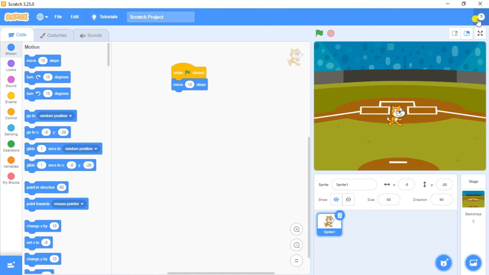So this is block help. Selecting this block help button will change the mouse pointer into a question mark. Click on any block in the block palette with the question mark. A pop-up window appears that shows quick tips for that specific block. We can also open the tips window by clicking on the tips option placed on the menu bar.